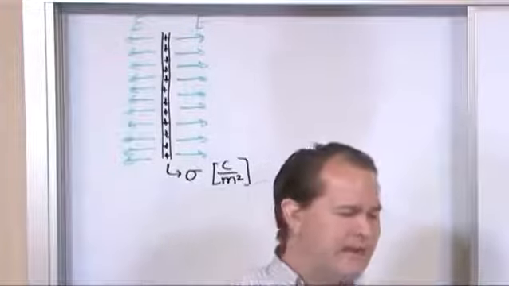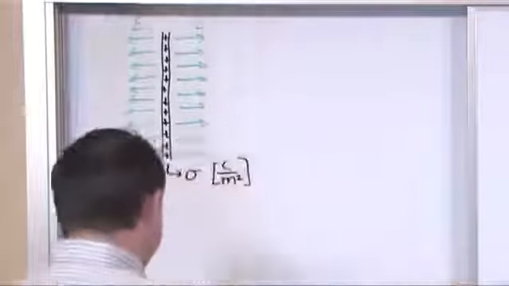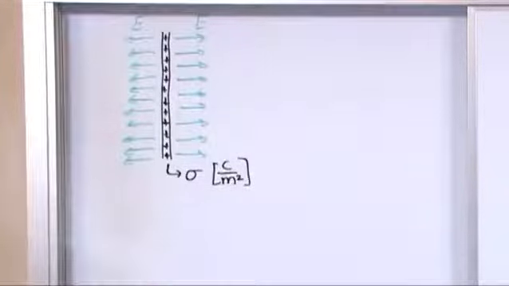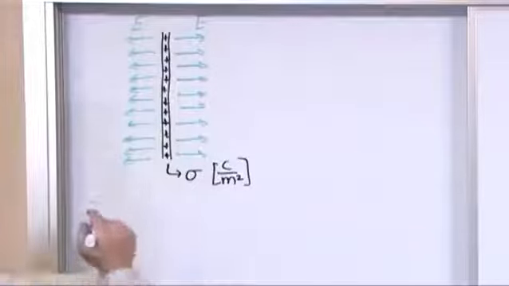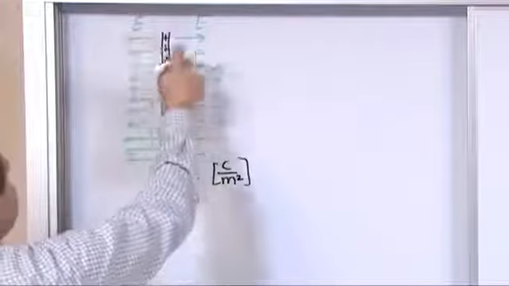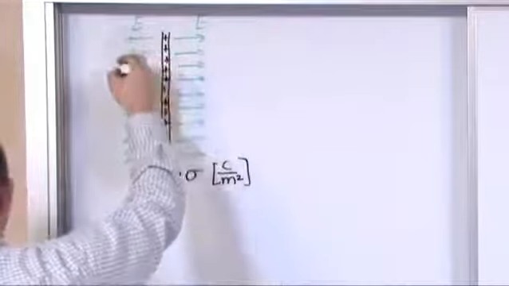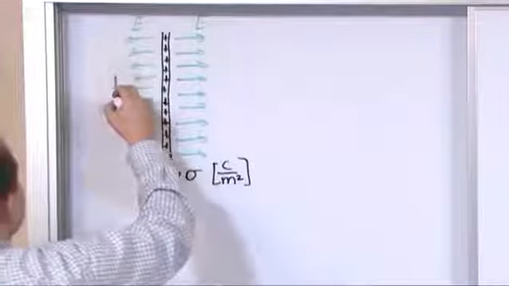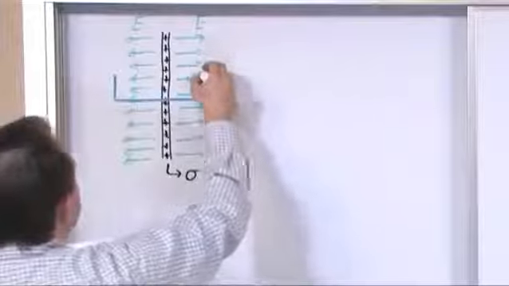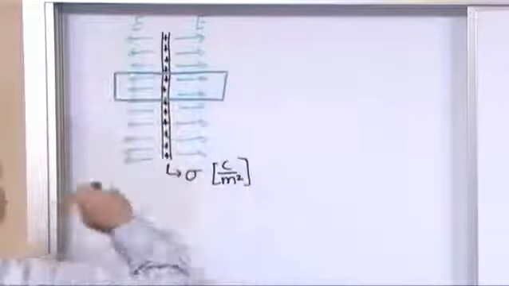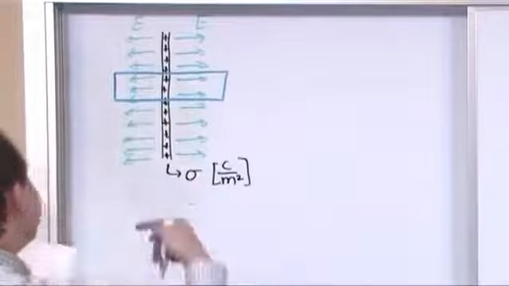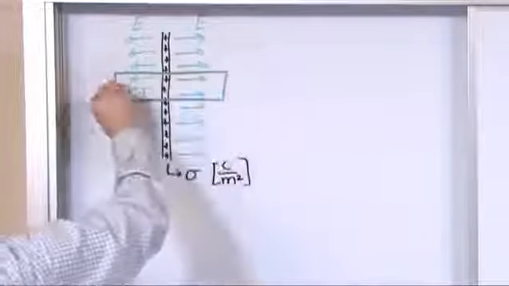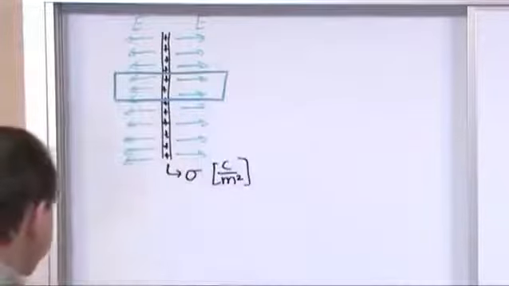But it actually turns out, and I'll show you why in a second, that the best Gaussian surface to use for these kinds of problems is still a cylinder, but oriented differently. If I want to find the field out here, the best Gaussian surface to use is this one, a cylinder that cuts directly perpendicular through. You have to use your imagination a little bit. It is a cylinder, so it's a tube here, cut right through there like a cookie cutter. The reason this is the best